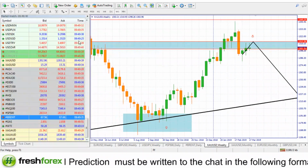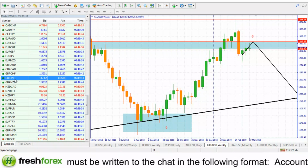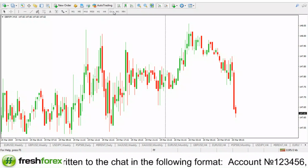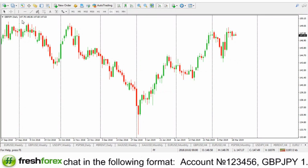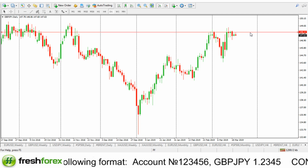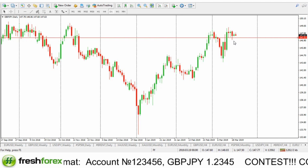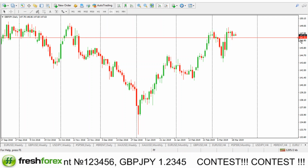So this is the chart. Let me just look at it slightly. This is the chart. This is where you're supposed to predict where you expect the price to be at the end of today. If you expect the price to be above, you should write that. If you expect the price to be below, you need to write that I expect it to be at this price. You write I expect the price to be at